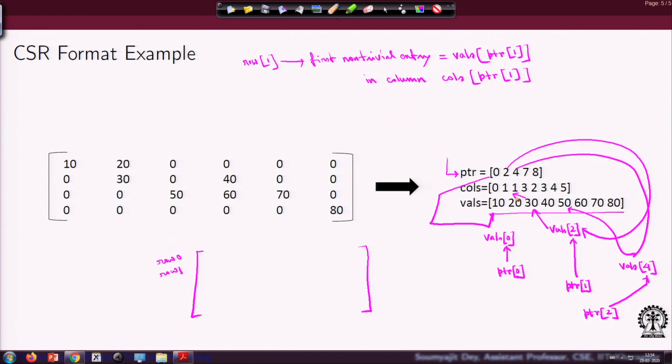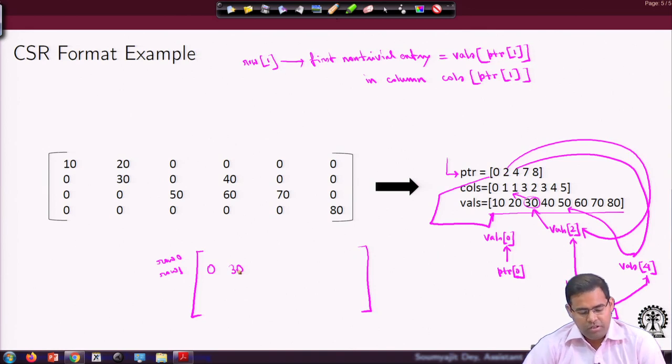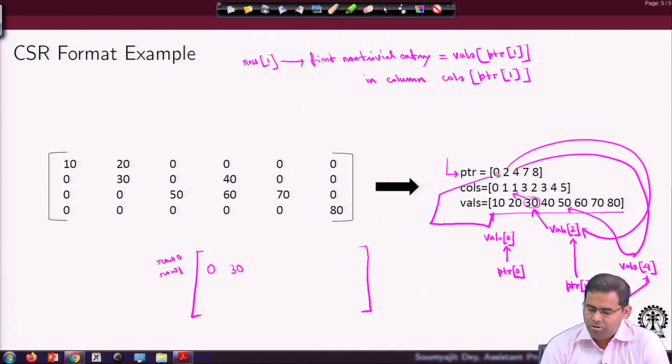So, now I have got the overall information. The first non-trivial entry of row 1 is of value 30 and it is located in column 1, and I already know the row, right. In that way, I will be able to figure out the first non-trivial entries in each row. But what about the other entries? Well, let us first use this idea to figure out all the first non-trivial entries in each row. For example, 0. So, let us go here. So, that is 10, right. So, that means it is right here.